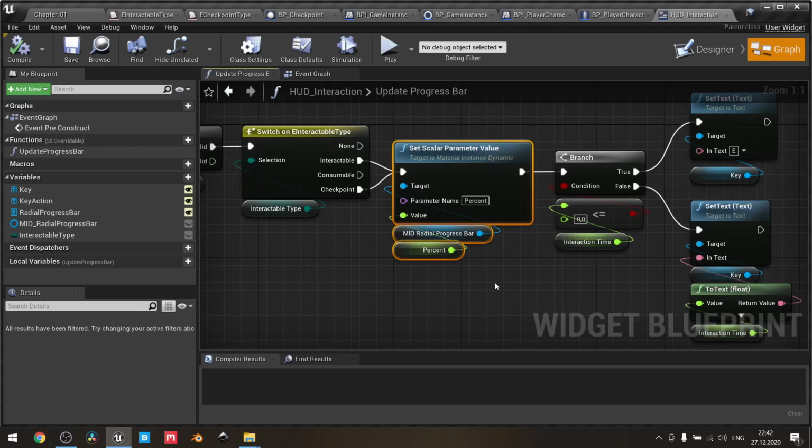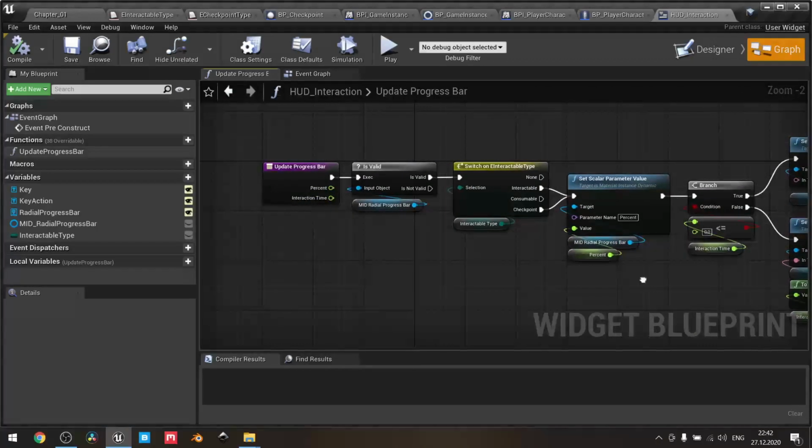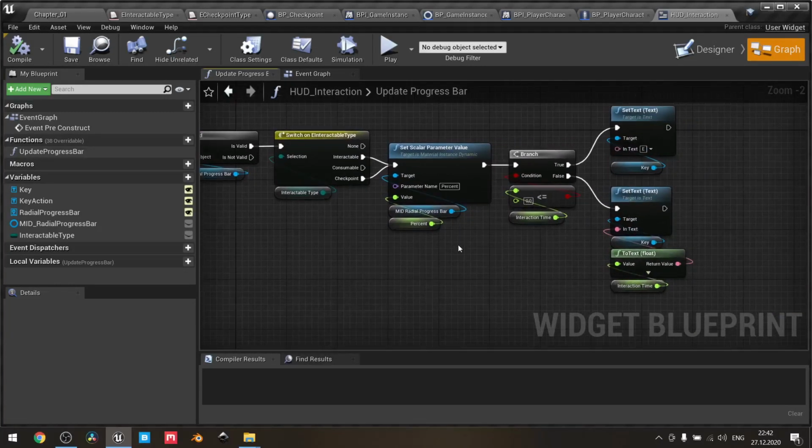In my case, I'd like to save by holding the key, not just by clicking on it, because my game will have some hardcore elements, so you need to make the proper choices in quick time. Holding the key will make it a little bit nervous and scary during the gameplay. So just like this. And when we're done with our HUD interaction widget,